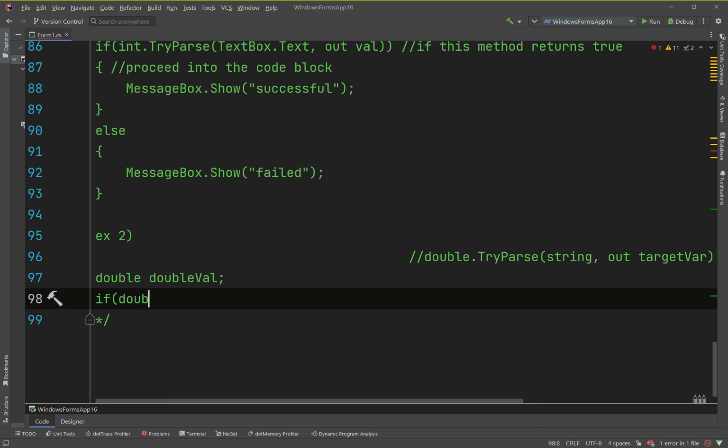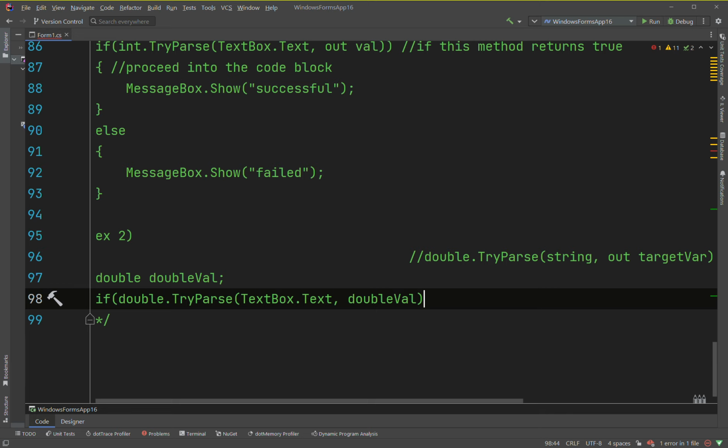So if double.TryParse, with the first parameter textBox.Text, and the second parameter double val. So if double.TryParse takes parameter textBox.Text comma second parameter out double val,